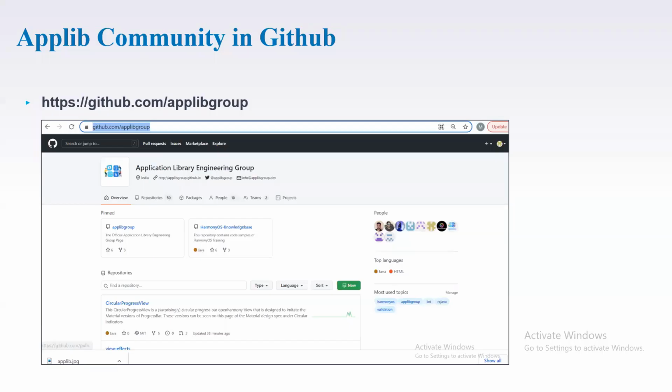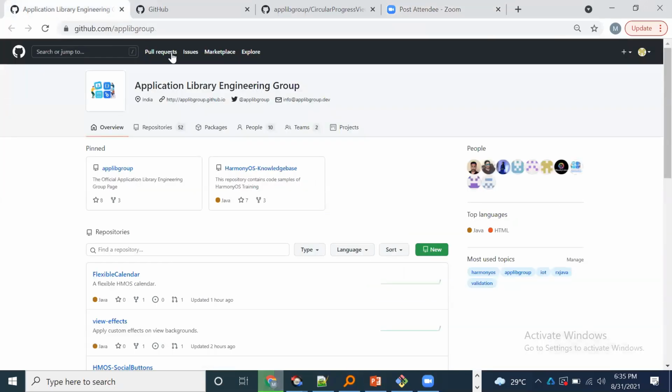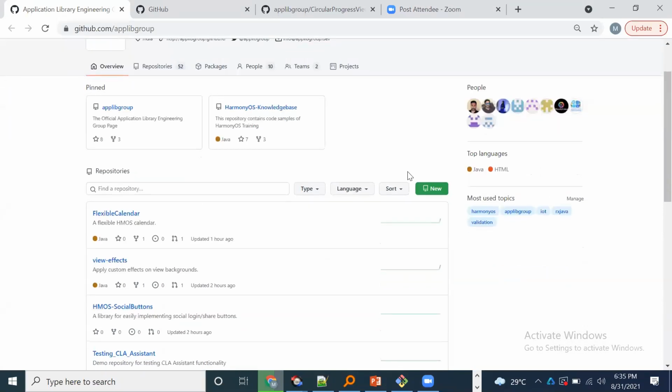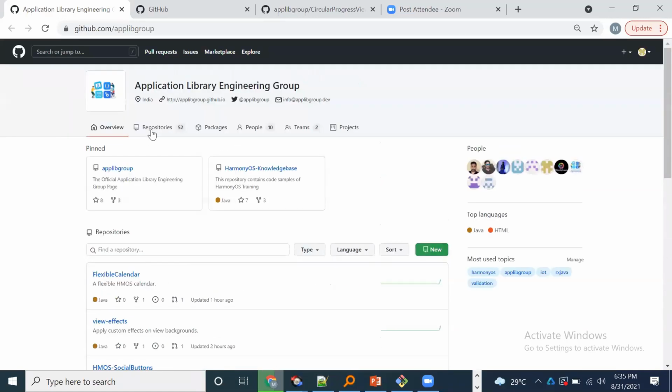We have an AppLib community in GitHub. I'll show you what is available there. This is our community in GitHub, Application Library Engineering Group. You can see we have a lot of repositories already present, around 52.